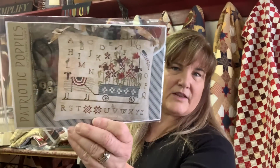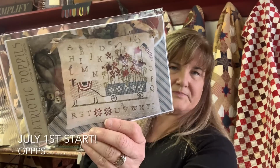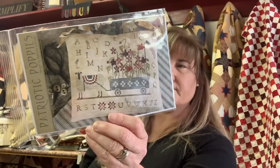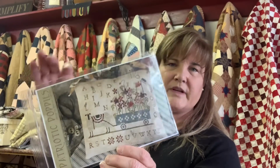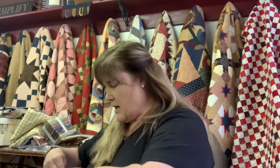This is a new start with a group of friends called Brenda Gervais Patriotic Poppies with Thy Needle and Thread. We're going to start this on July 4th. So I can hold that a little bit closer. There's 3-dimensional poppies in there made from wool, and then some that are stitched. I am stitching mine on